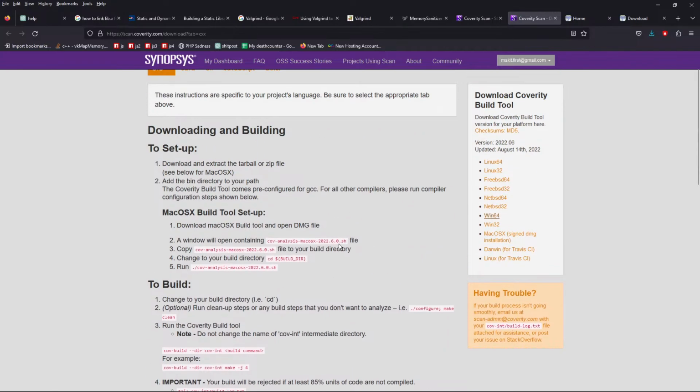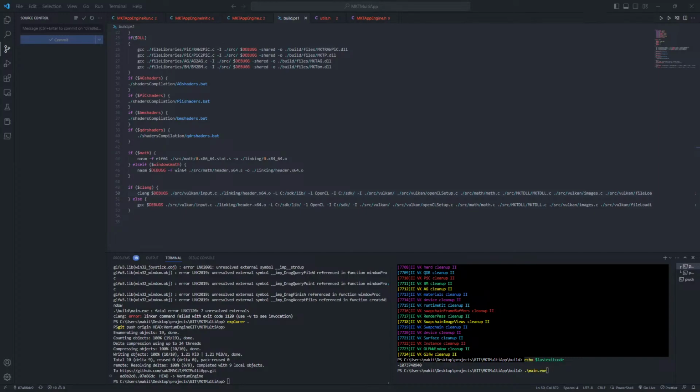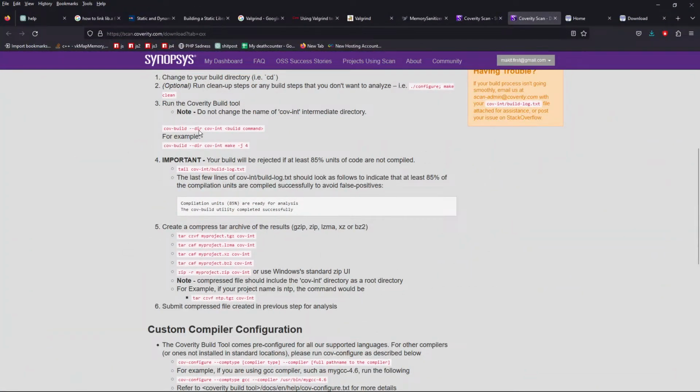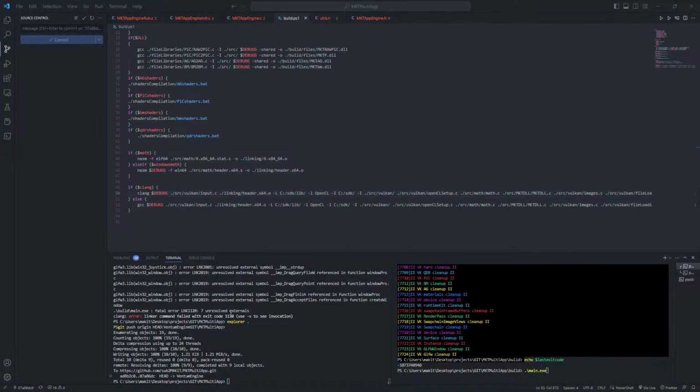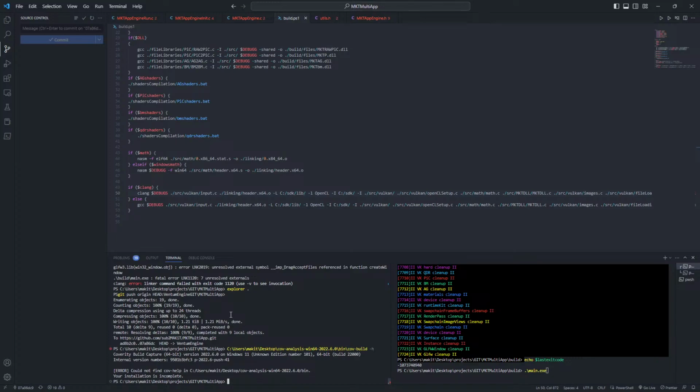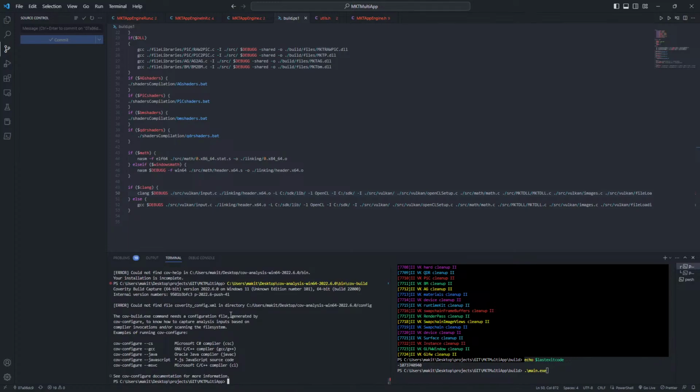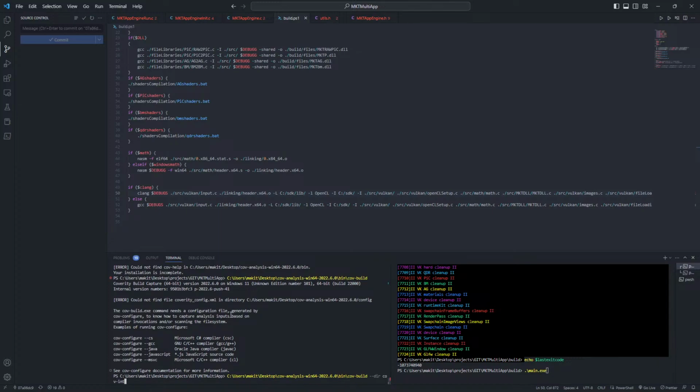What I was supposed to do is the cov build directory. What's the directory plan? Cov build. Alright, so what do we propose, cov build? Bin cov build help. Okay, so I guess directory cov int and the build command. The build command being build